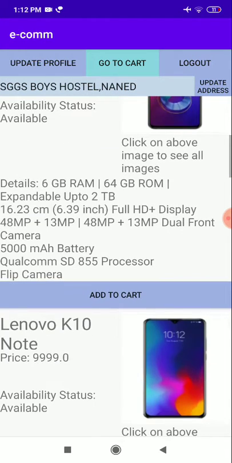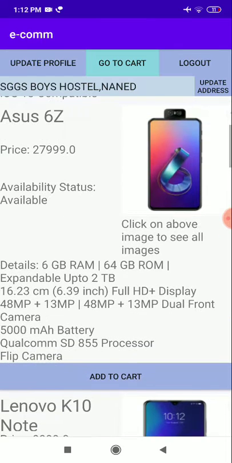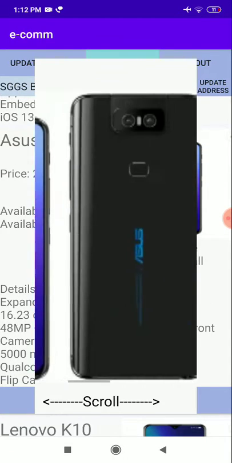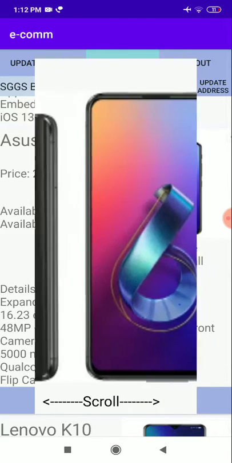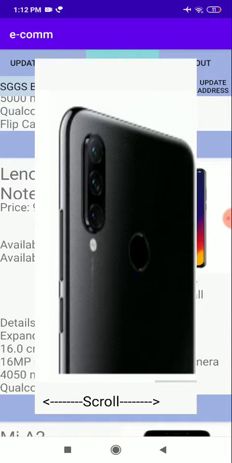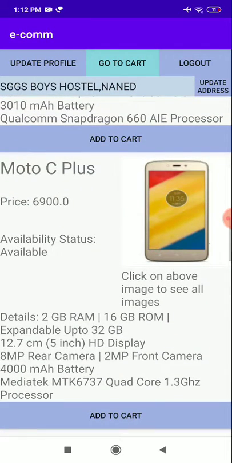If you want to see all the images, click here and you can see all the images of the product.